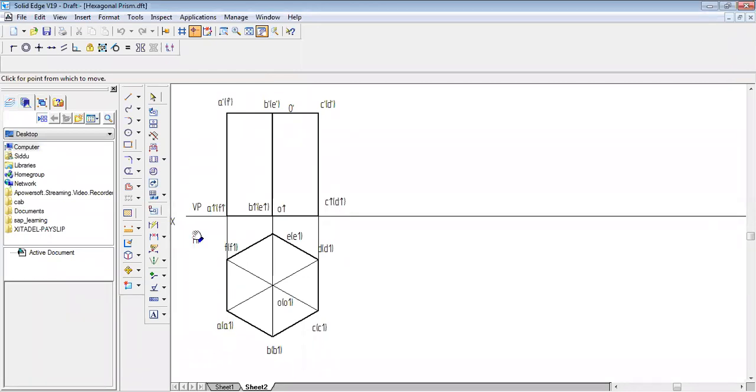So we know that the naming I have also done. So the hexagonal prism is resting on an edge actually, and this is what you should be careful about. Even if you place it on a corner, it doesn't matter. It doesn't affect your problem. But only while doing the second position, you should be very careful.